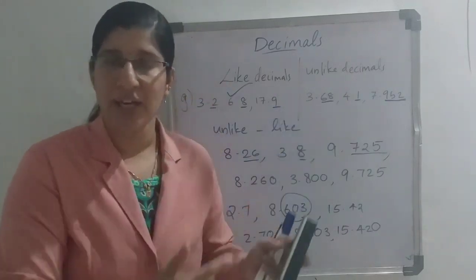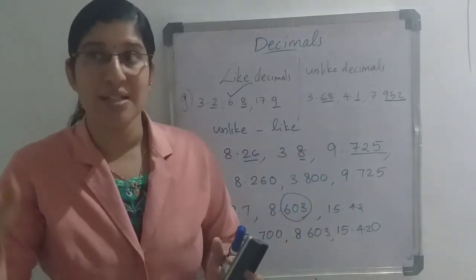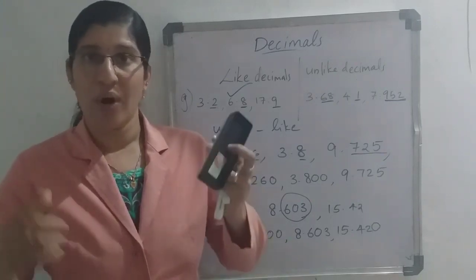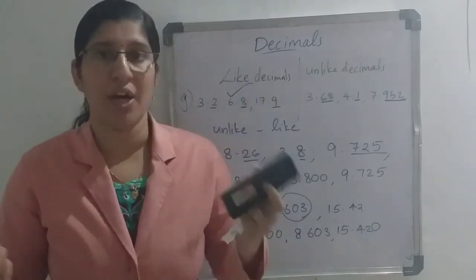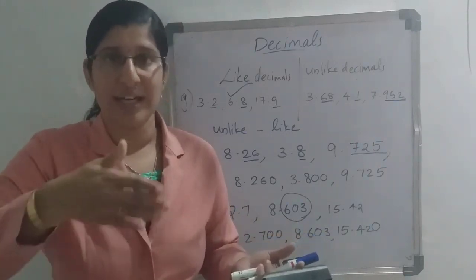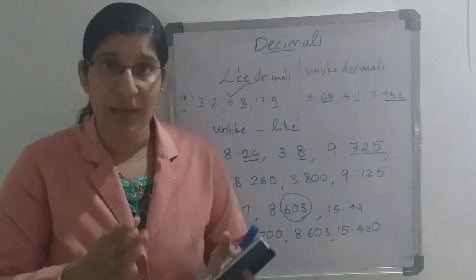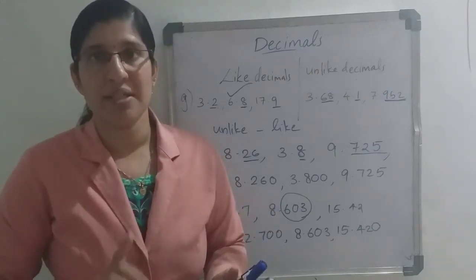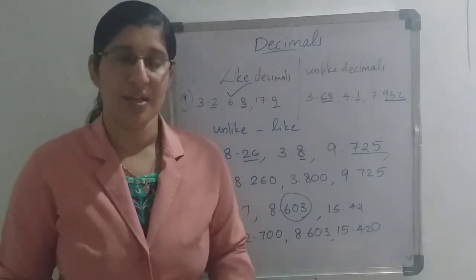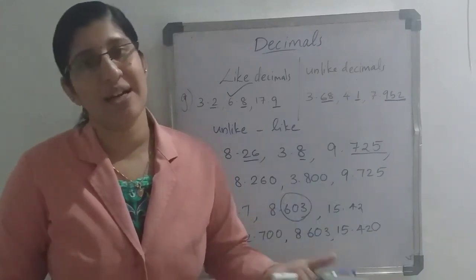Okay, 1 by 10 or 1 by 1000, which is greater? 1000 is not the greater, it is 1 by 1000, 1 part out of 1000. Let's imagine 1 part out of 1000 and 1 part out of 10. For example, your mother is cooking a cake and she divides that cake into 10 pieces and gives 1 piece to you. The same cake she makes into 100 pieces and gives 1 piece to you. Which one is the greater piece? Yes, sure, that 1 piece out of 10 is the greater.